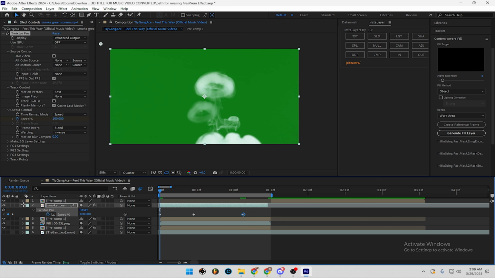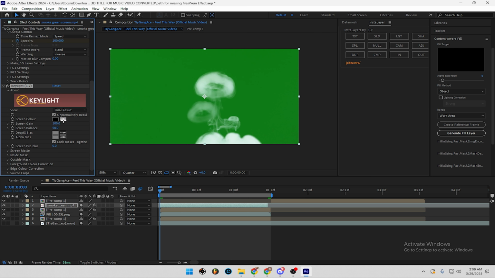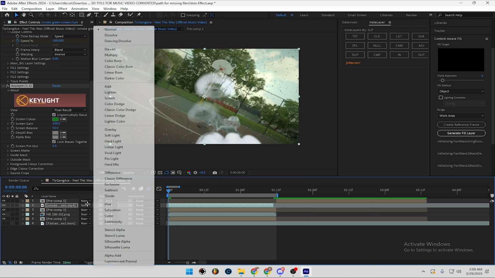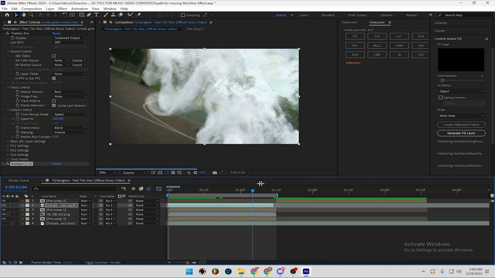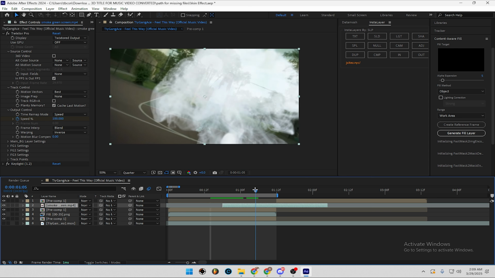But to get rid of the green screen, I use Keylight, or you could come here, press toggle switches, and choose screen or overlay. But I like Keylight. Nah, that's too fast. So when he reappears,